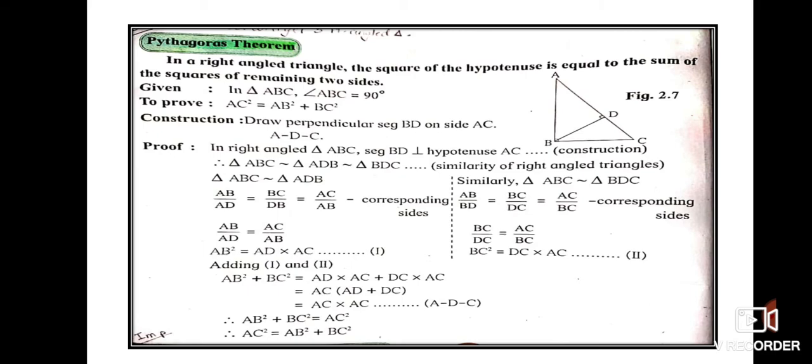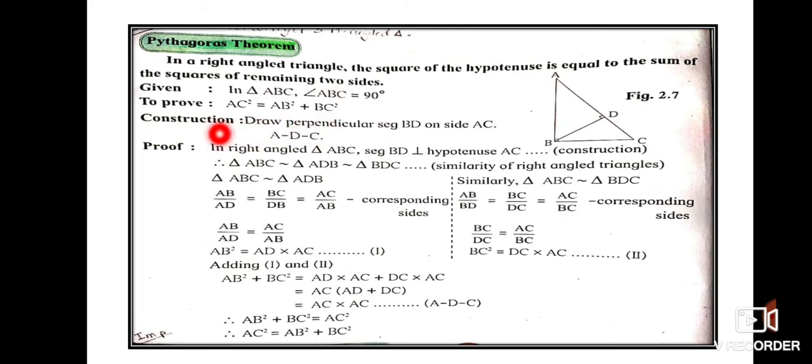Now here what we are doing is we are going to prove the statement. All these years sums were given, you substituted and you get the answer. Now what we have learnt in the lower class, we are going to prove what we are saying. That is what is a theorem. A theorem is a statement that is known to us which we prove. So we are going to prove. Now given, what is given here, that it is a right angle triangle. ABC is 90 degree.